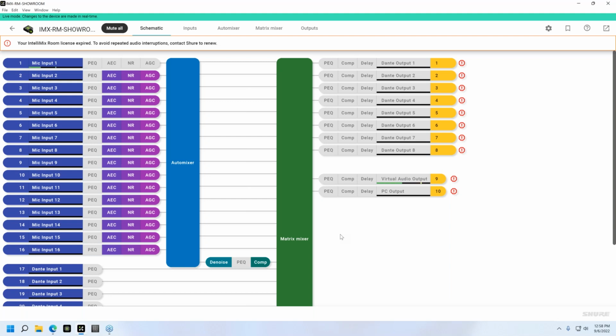So if I wanted to go 1-to-1, you would still do it in the matrix mixer, bypassing the auto mixer? Bypassing the auto mixer. Okay, so that's probably why they left those lines in. But yes, in a traditional setup, and if you're running a normal flow diagram, which 98% of us, if